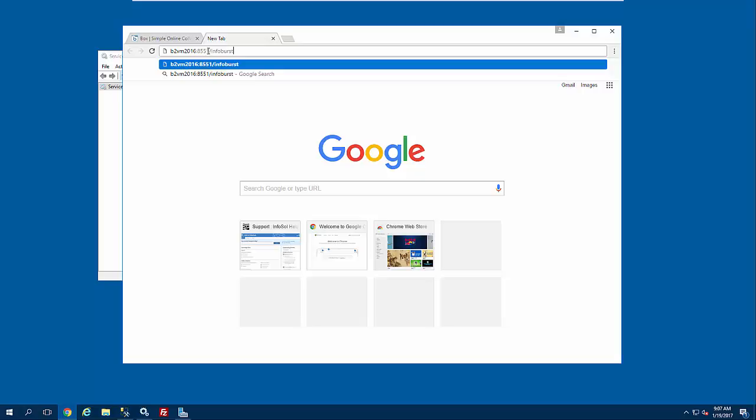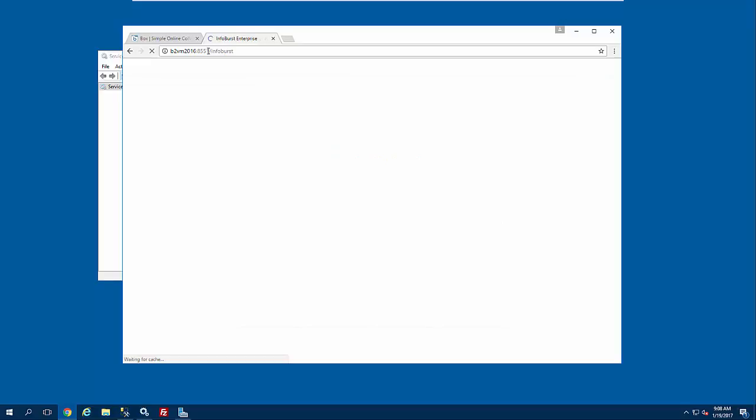Now, depending on your deployment, you may need to allow access to the 8551 and certain other InfoBurst ports through your Windows firewall. Again, please see the platform requirements article to see what ports should be opened for intranet access. And if we say enter,